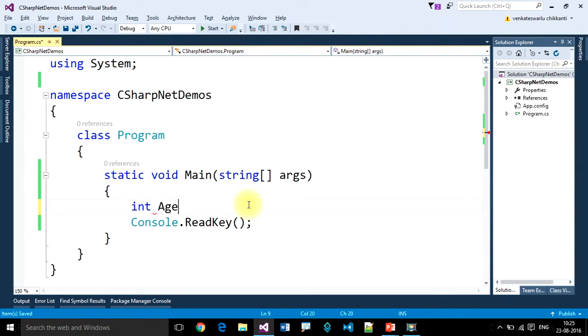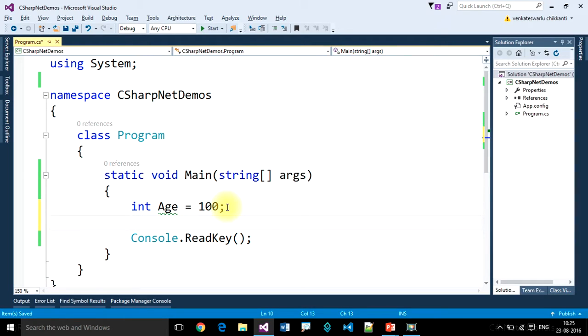Integer age equal to 100. So this is of type integer, so that we are saying I'm going to assign only numbers to you. This variable will store only numbers inside it. Then let's look at storing names.